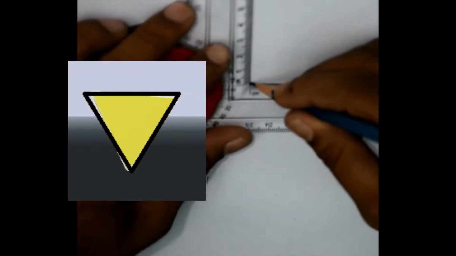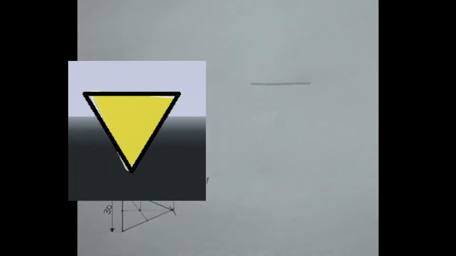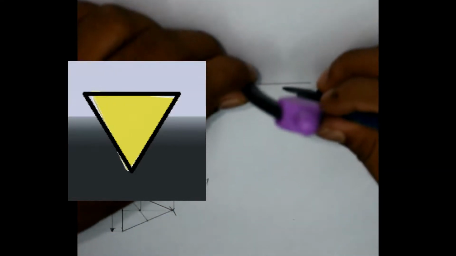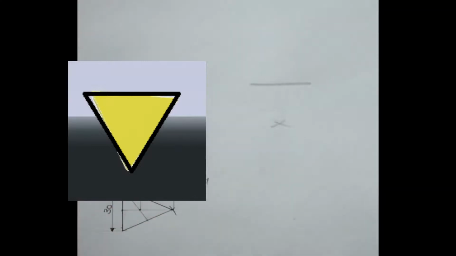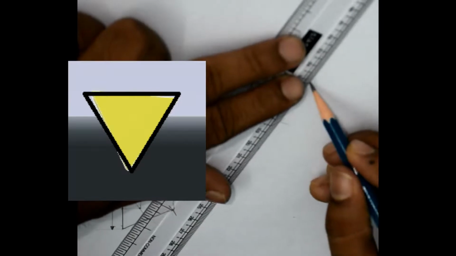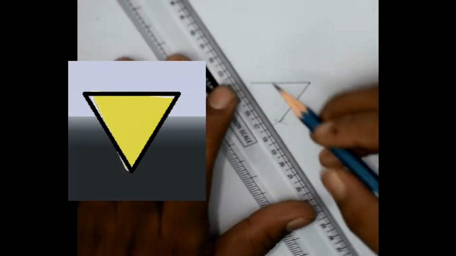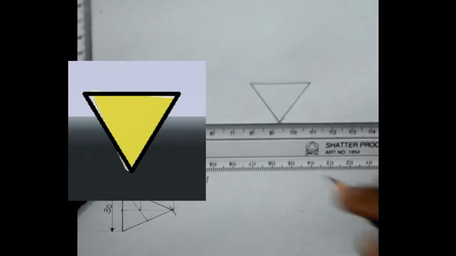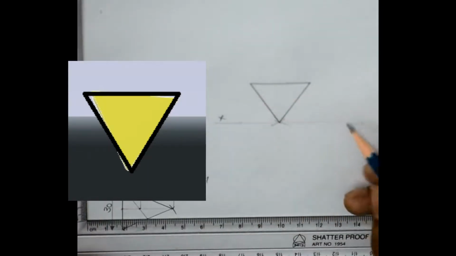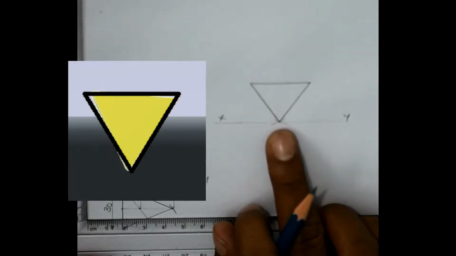As we have seen, the front view will be a triangle, so we will draw that first. This would be 30, and again I am marking arcs. I find this method very easy. The other way is to take the angle also 60 degrees, and you can draw that. We will see that any other time. Also it is mentioned that the edge is on the HP. So this will be your XY line because the edge is on the horizontal plane.